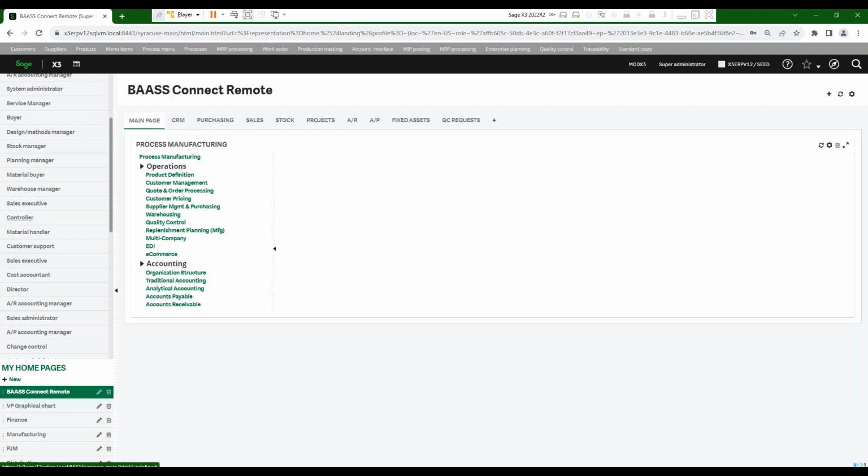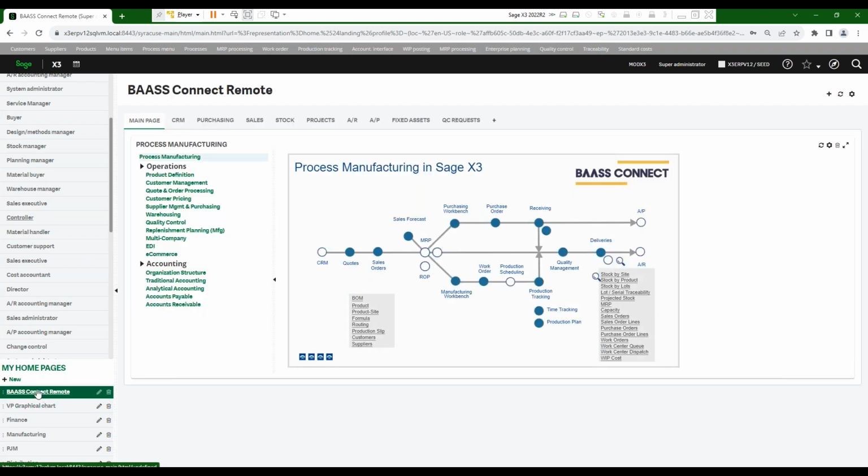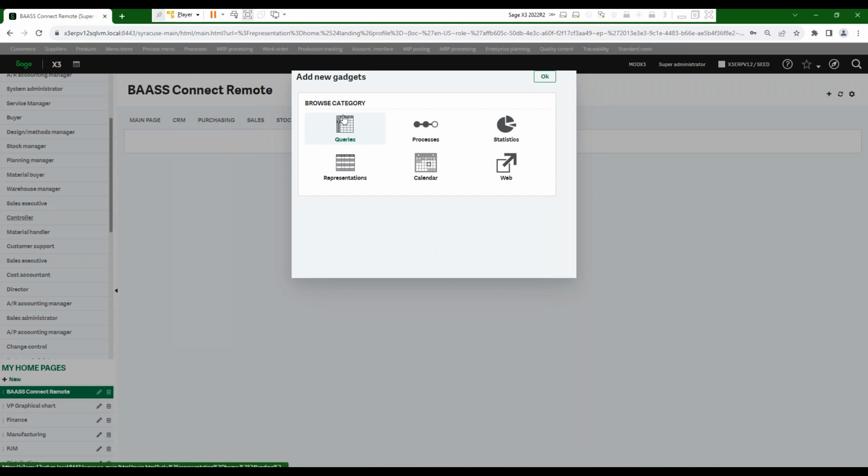If I look from my landing page, just to show you how easy it is to add or leverage some of the processes that are in there. So let's say I'm the sales manager, and when I log in, I want to have a dashboard or a list of open sales orders. So if I look at my landing page here, to the top, almost in the middle of the screen, I have the plus sign. If I hit the plus sign, I have the ability to add queries, processes, statistics,